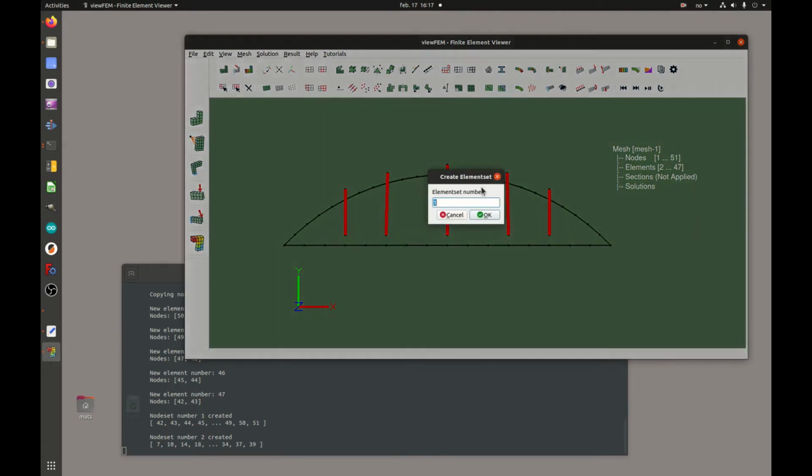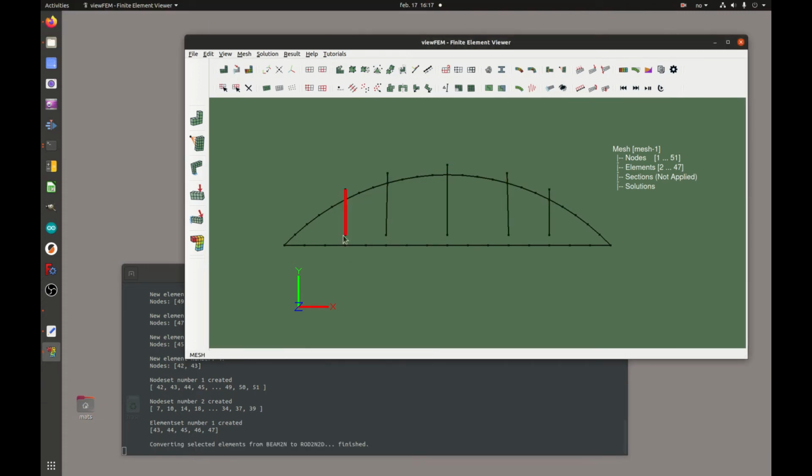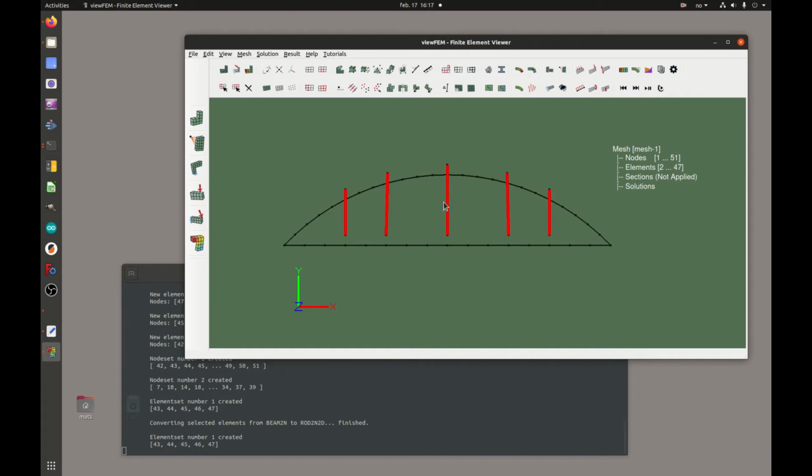And let's make an element set while we're at it. Element set number 1. No, wait, convert them first. Okay, 2D rod elements. Okay, and I'm not sure if it matters, but let's recreate that element set just in case. And